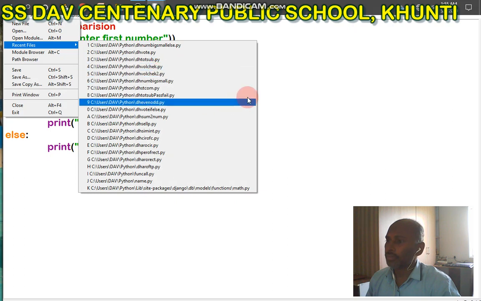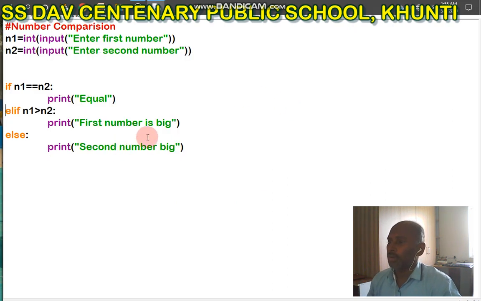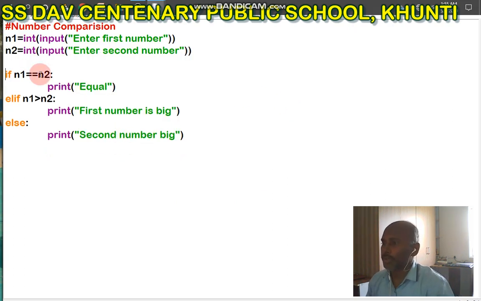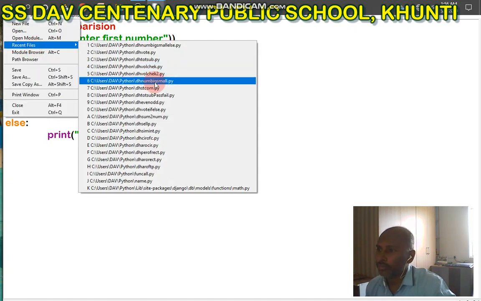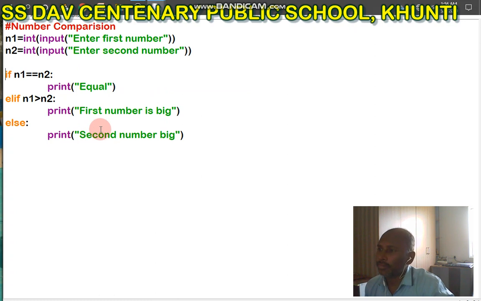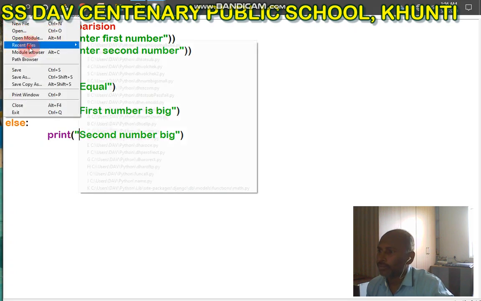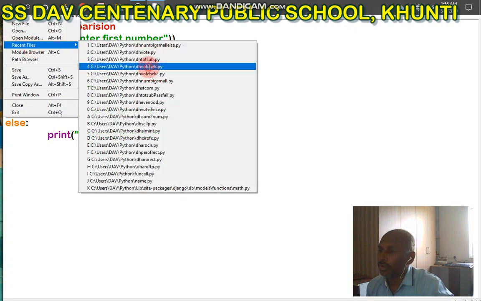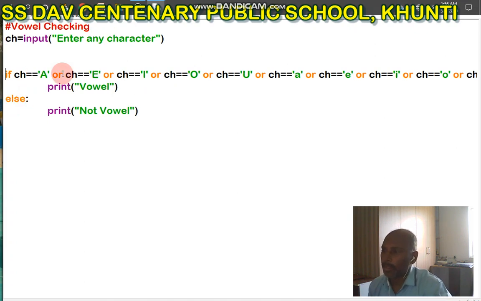Now I want to discuss this one by one again. You can see this program, N1, N2, this is written in if statement, this is elif statement, and this is else. Again, vowel check.